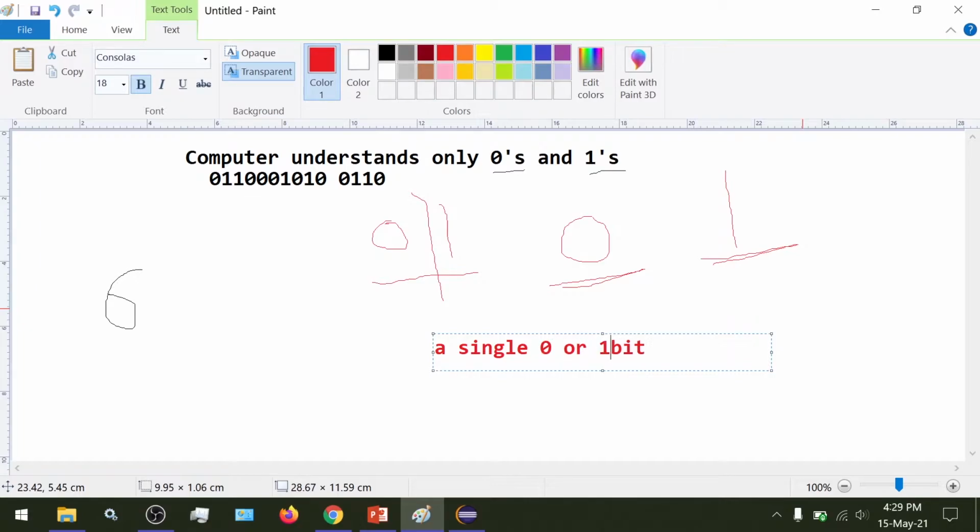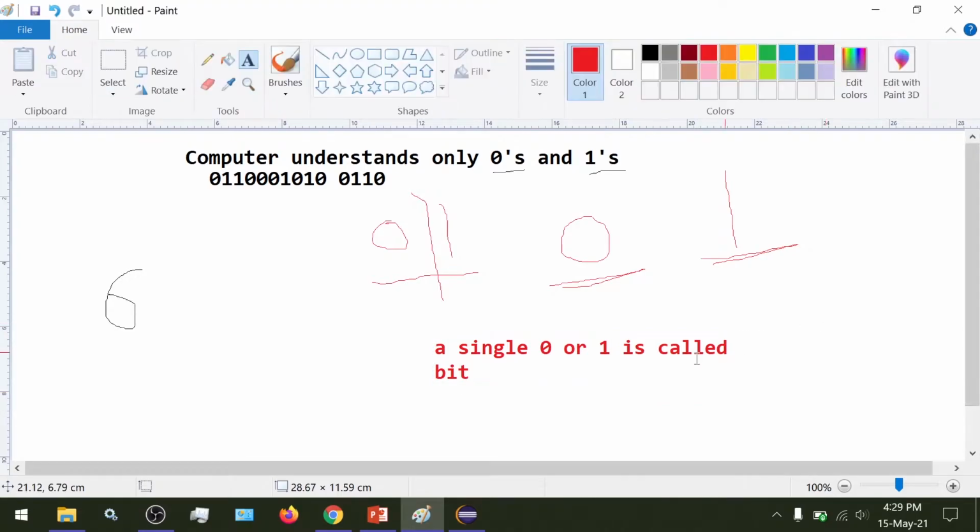A single 0 or 1 is called a bit. So we can have either the 0 bit or the 1 bit. I hope the concept of bit is understood.